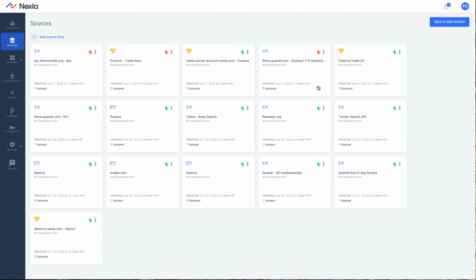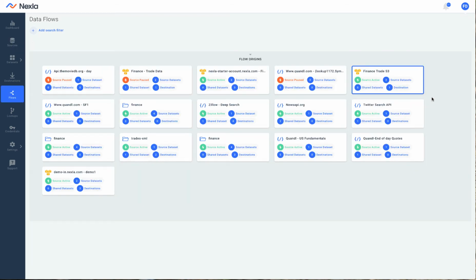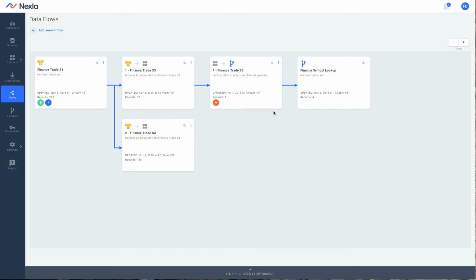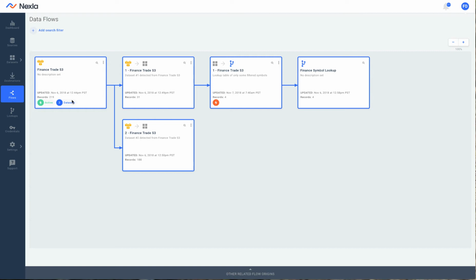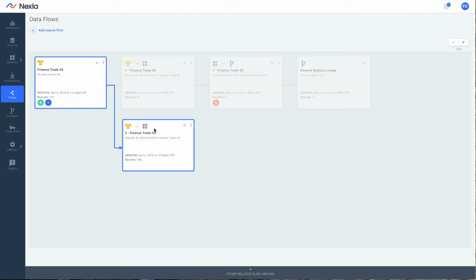As you can see, I already have quite a few flows in this account. And I have no idea what source writes to what destination. In the flows view, I can look at all my data flows, zoom into one resource, and view its upstream and downstream connections. So now I know Nexla detected 219 records in this source, found 2 datasets, one of which